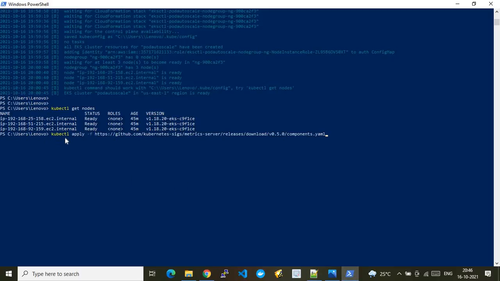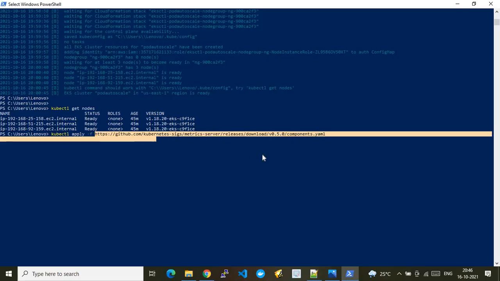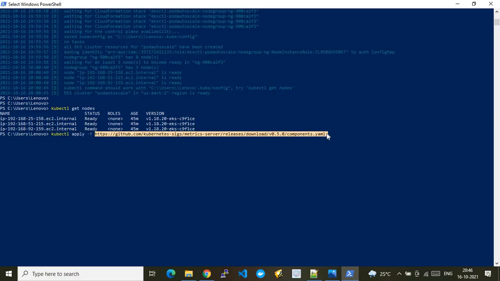You see, I am doing the kubectl apply and pointing to a GitHub. This is an open source GitHub YAML template. I'm just saying kubectl apply, nothing but apply whatever specification file is present under this GitHub repo, and that is what has been directed for us to enable the metric server on the EKS cluster. So that is the reason I'm running this command. It will configure the metric server on our EKS cluster.